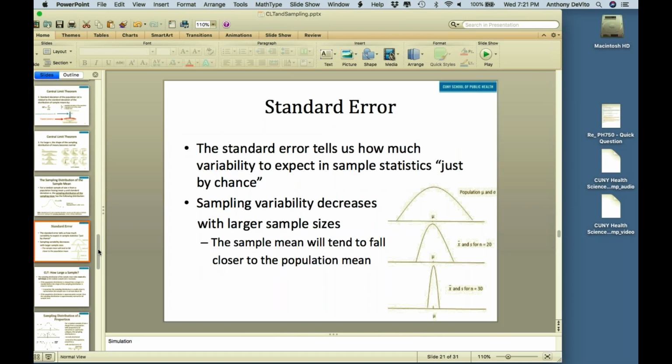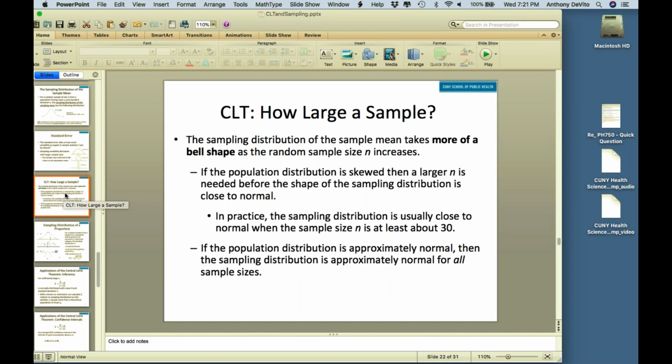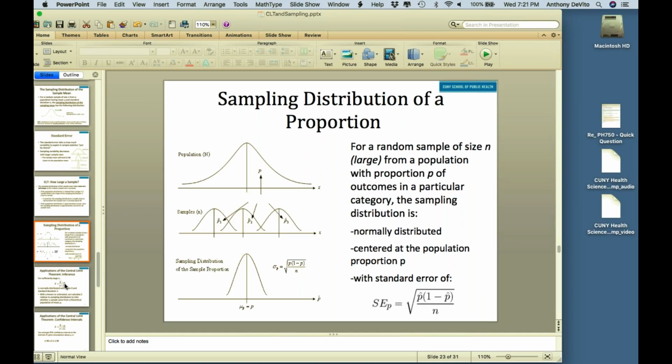We're not going to really be taking repeated samples over and over again from the same population. We're only going to take one sample going forward. But because we understand the relationship between sample size and how variable sample results can be, we can then use that knowledge to understand how accurate our sample mean is in predicting our population mean. It makes sense, just a little bit.